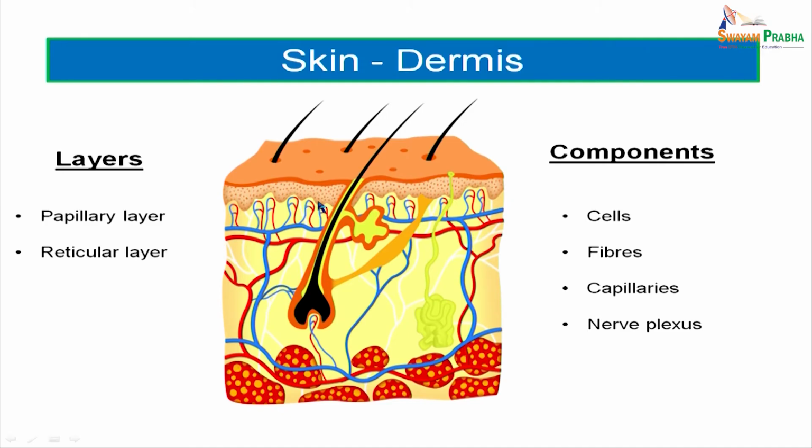So, there is an interdigitation of the epidermis and the dermis. Now, the reason for this peg-like attachment between the dermis and the epidermis is to prevent it from slipping off. If the separation was uniform, if one layer was placed over the other, then there would be chances of peeling off the dermis from the epidermis. So, this peg and socket like arrangement will increase the chance of attachment between the epidermis